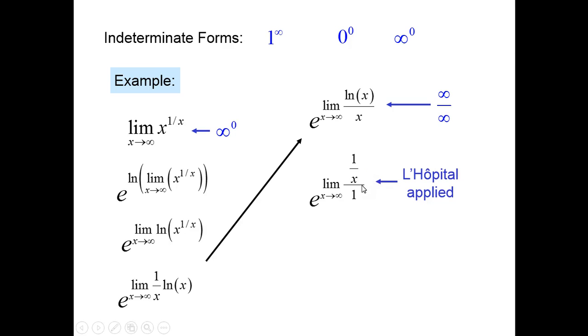We have 1 over x on top over 1. So now as x approaches infinity, 1 over x will go to 0. So what am I left with? E to that limit, which just goes to 0. The final answer is